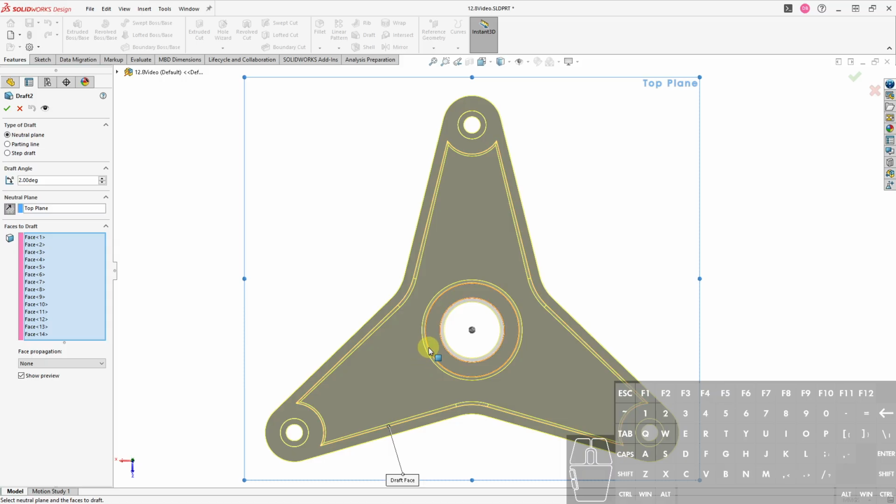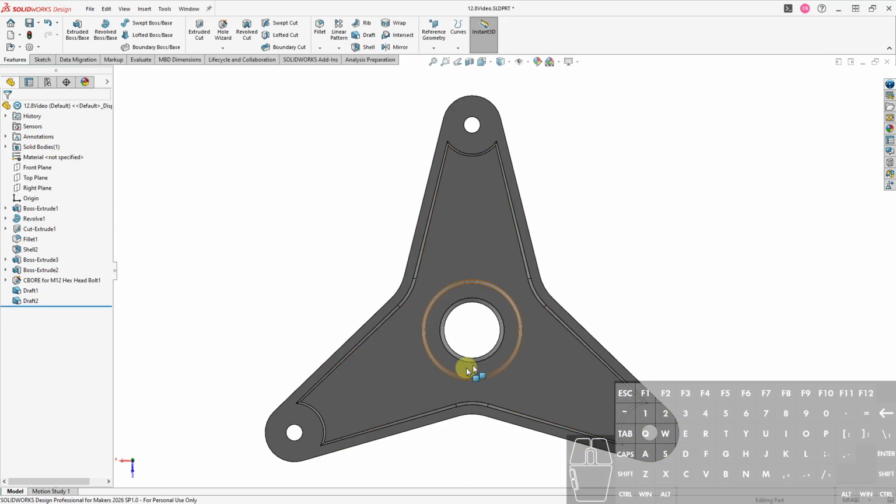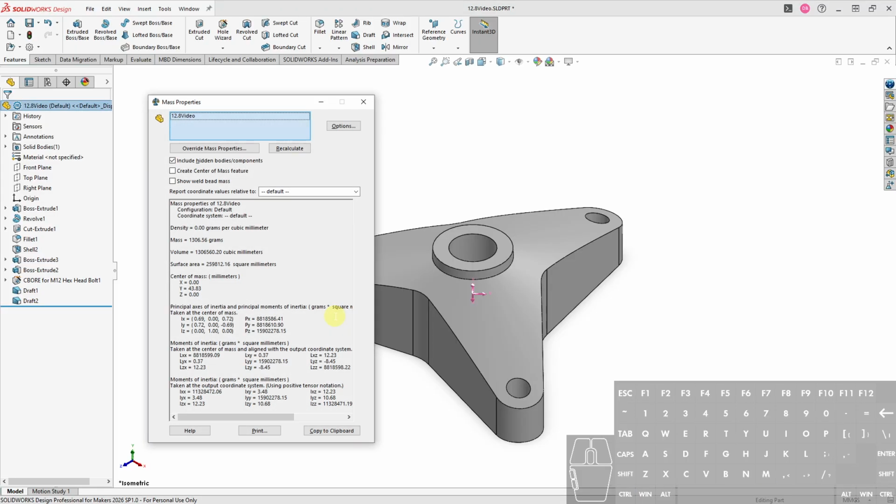And right here, this circle is drafting out to this circle, and then here, this circle is drafting into this circle here. All of it is outward sort of drafting, so it's adding material. And that's what we want, so we'll hit the green check. And now it's starting to look more like that picture, like the specifications. So now if we check our mass, or volume, sorry,